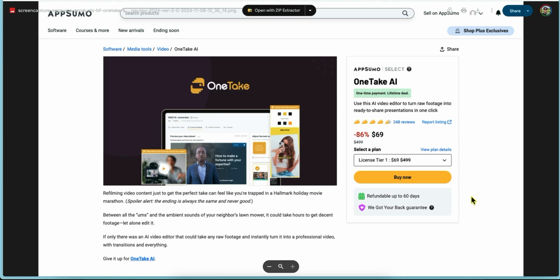But this one is a little bit different than the other ones mentioned, like Minvo and VideoTap. You can use it much like those tools and turn it into short form clips and vertical videos. But essentially you can record yourself, throw it into OneTake, and it will do all the video editing for you. So let's say you're doing a talking head video for YouTube, you could just go